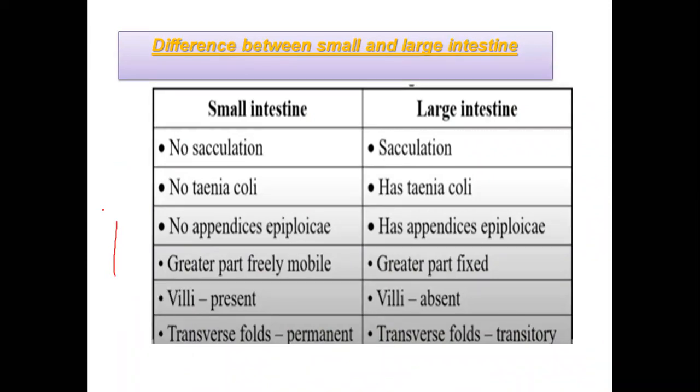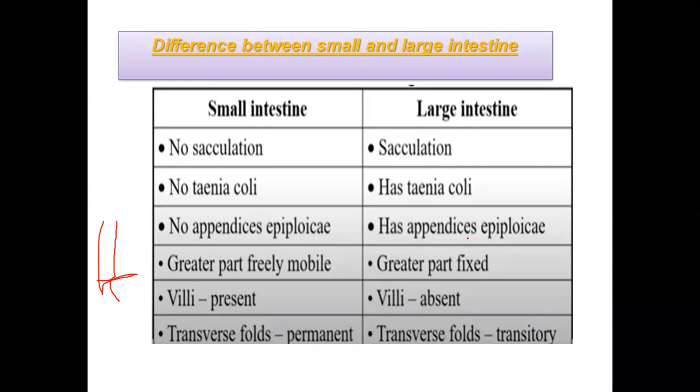If we consider this as a small intestine, then this small part is the tinea coli, which is present in the large intestine but absent in the small intestine. So if a diagram is in front of you, you can very easily identify whether it is a small or large intestine, because the tinea coli will be present in the large intestine. There will be no appendix epiploicae in the small intestine, while in the large intestine there will be